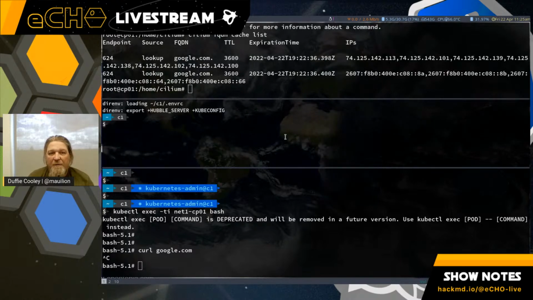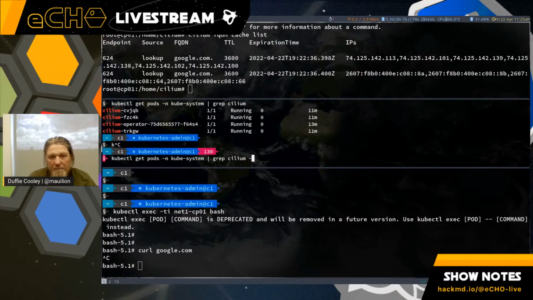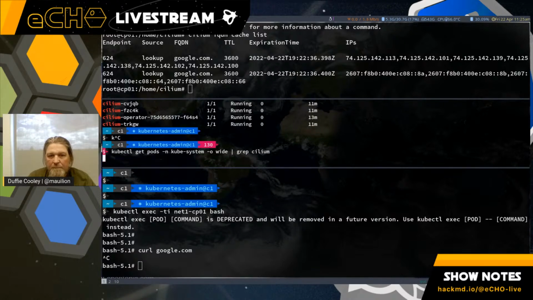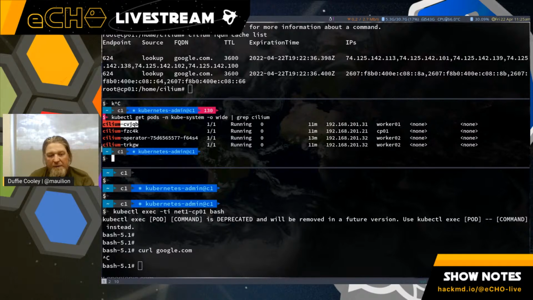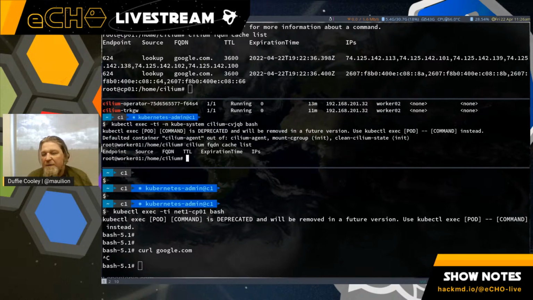If I jump into a different node, let's say one of the worker nodes, worker 1, and I do the same command, cilium FQDN cache list, I don't see that record.